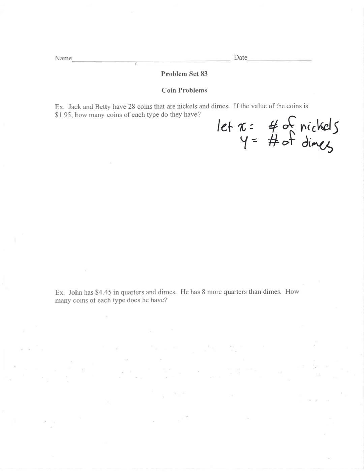And what do I know about these two things? Well, I know that when I add x and y together, there's going to be a total of 28 coins. Another thing that I know is that when I add the total amount that each is worth together, I'm going to get $1.95. Now, how do I figure out how much each is worth? Well, for the nickels, for every nickel I have, when I multiply it by 5/100ths, that's going to tell me the dollar value of those nickels. And for the dimes, I'm going to do the same thing, except it's going to be 10 cents times y. And when I add those together, it'll be